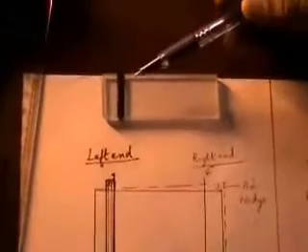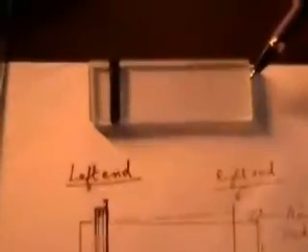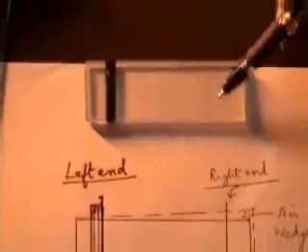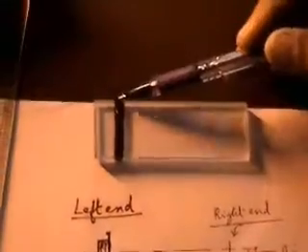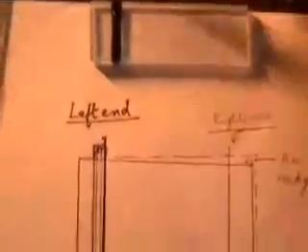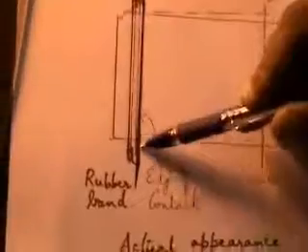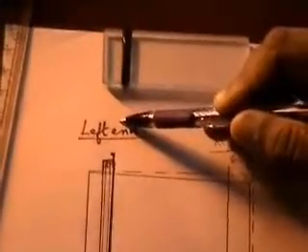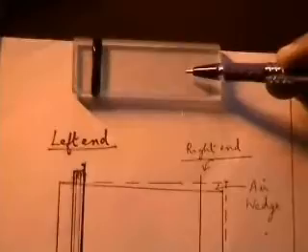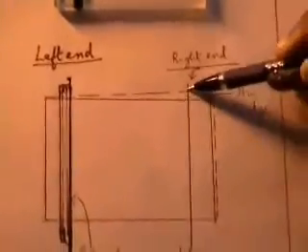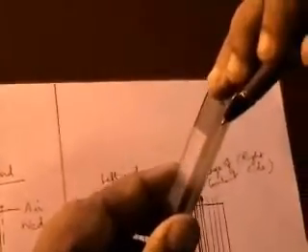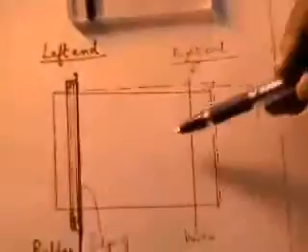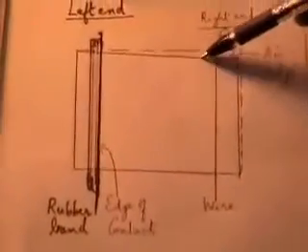You can see now this is the actual appearance of the optically plain glass plates in which we have placed the wire at the right end. That is, when viewed with the naked eye, you can see the left end is like this. You have the rubber band and this is the edge of contact, and this is the left end. We have the wire placed at the right end. You can see this is the wire, and in between the two we have a small wedge of air. This is the actual appearance with the naked eye.